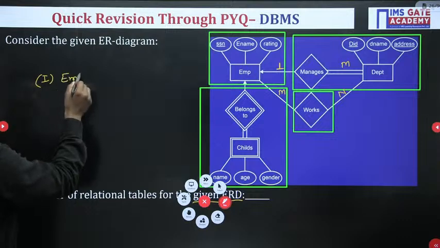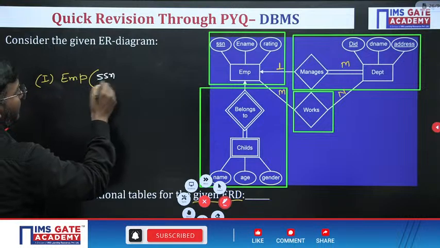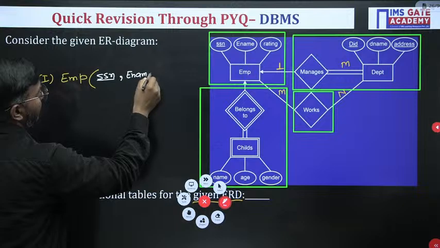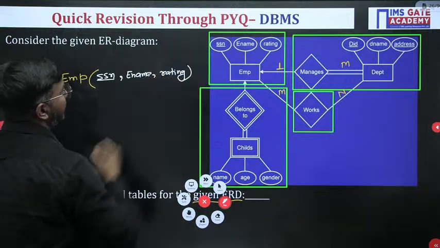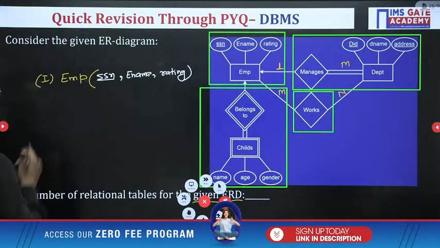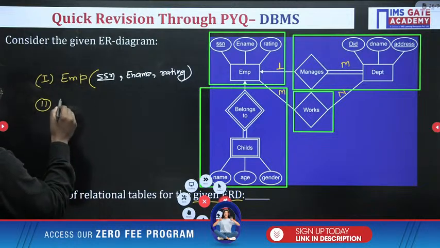So the first table is our employee, with the first attribute, then employee name, then the rating. These three attributes with the SSN number. This number is nothing but our key attribute. Fine. The second is our department